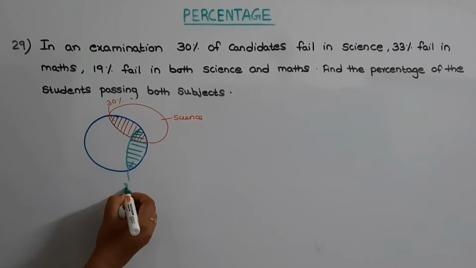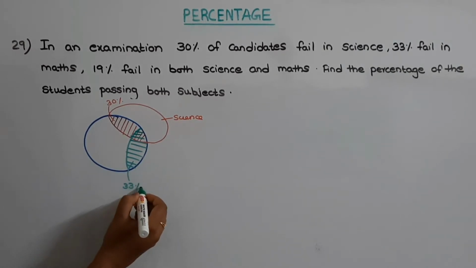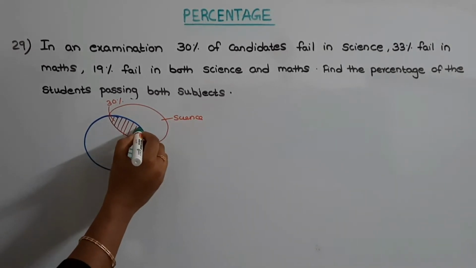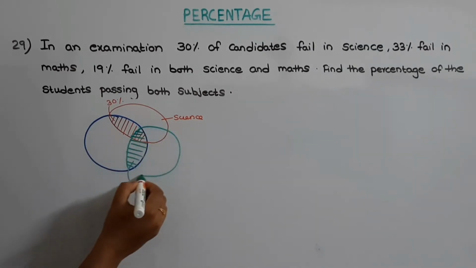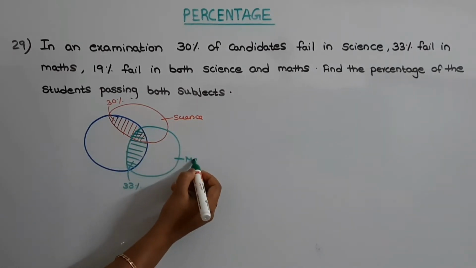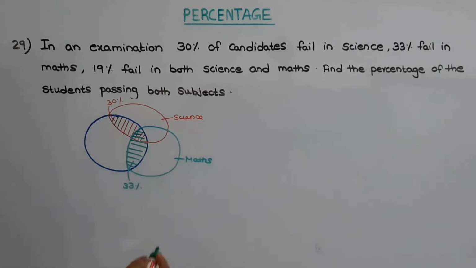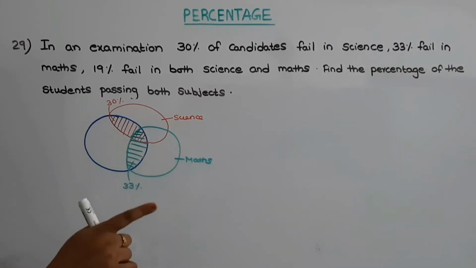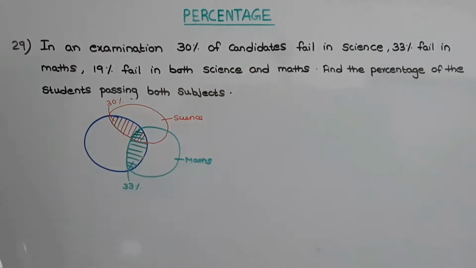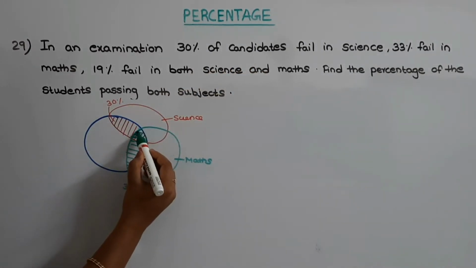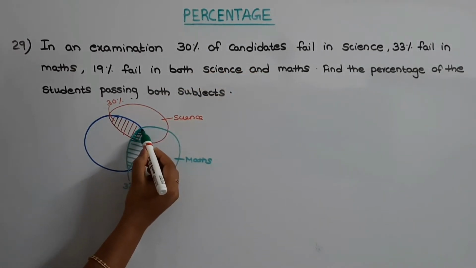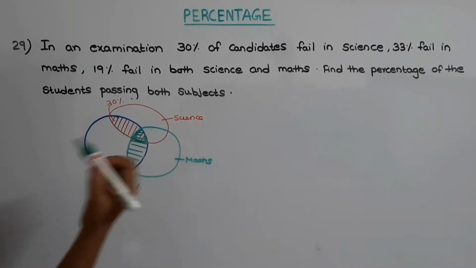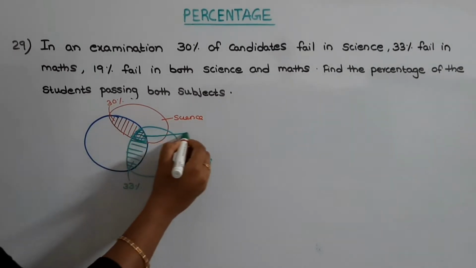Let us take this circle for maths. Now they are telling that 19% of the total students failed in both science and maths. So this is the part of the students who failed in both science and maths, and this part is given as